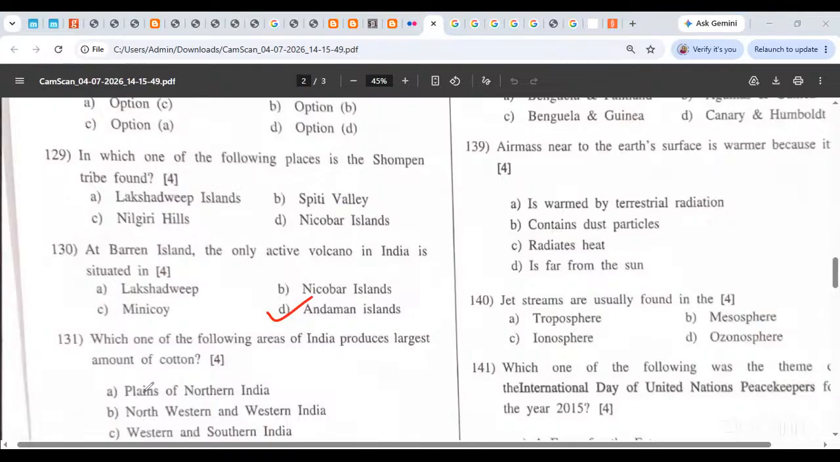India's only active volcano. Not only India's only active volcano, it is Asia's only active volcano. Currently it is the only active volcano in all of Asia, and thankfully it is in the sea, so we are not that worried about it. Okay, so